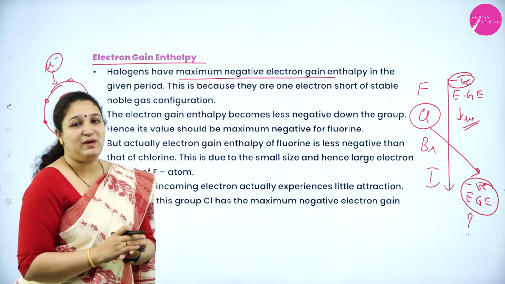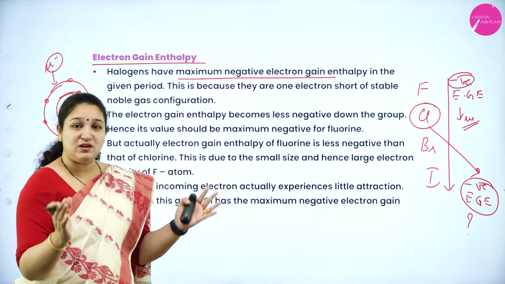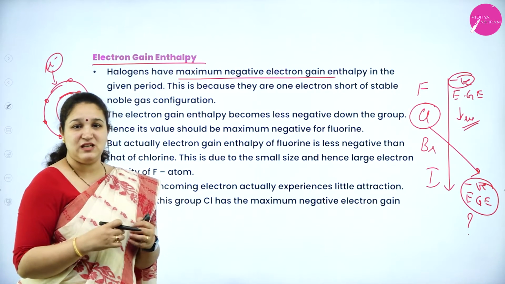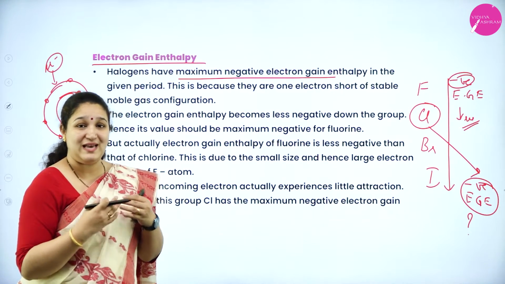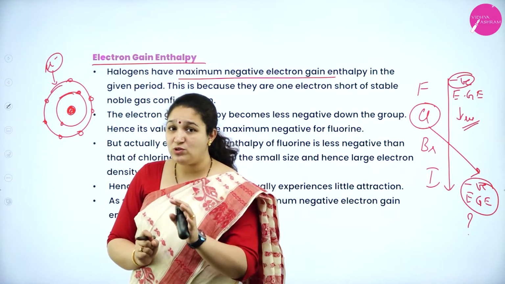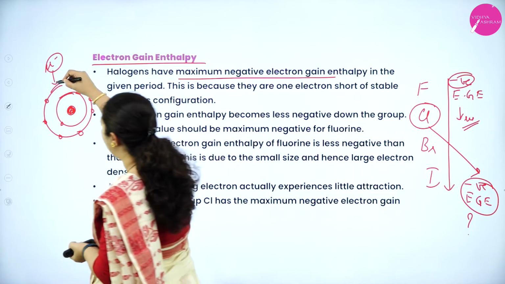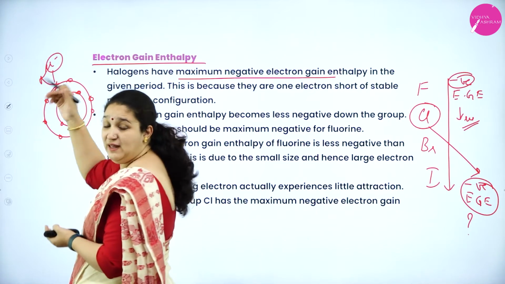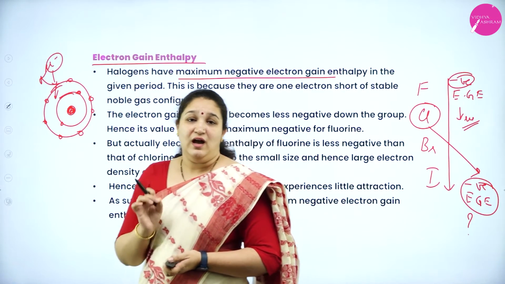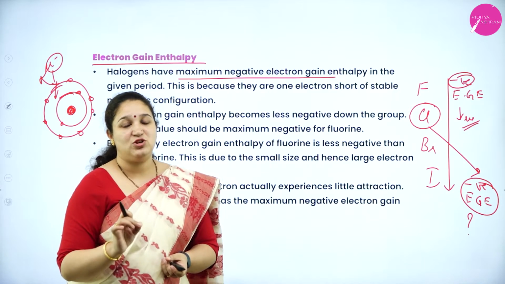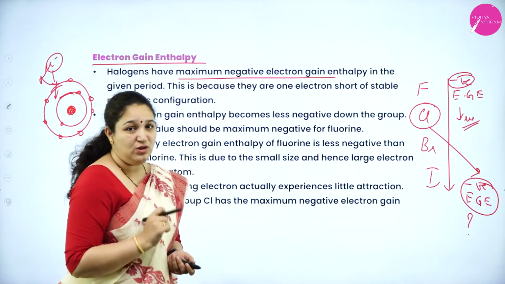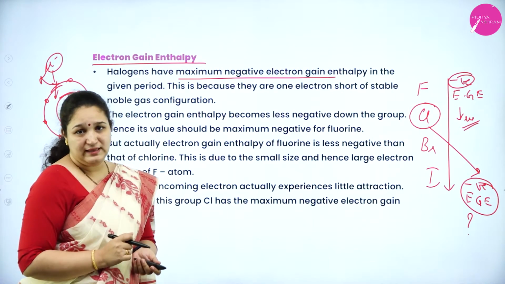Chlorine has got maximum electron gain enthalpy. Chlorine, it is the third shell, it is the bigger shell, isn't it? Thus the electron can be accepted easily because it will not be repelled to an extent as it is repelled in fluorine. In fluorine, some amount of energy is utilized to overcome this repulsion only. Okay, then it has to be accepted, isn't it? Thus fluorine has lesser electron gain enthalpy compared to that of chlorine. So I hope you have understood about the electron gain enthalpy.